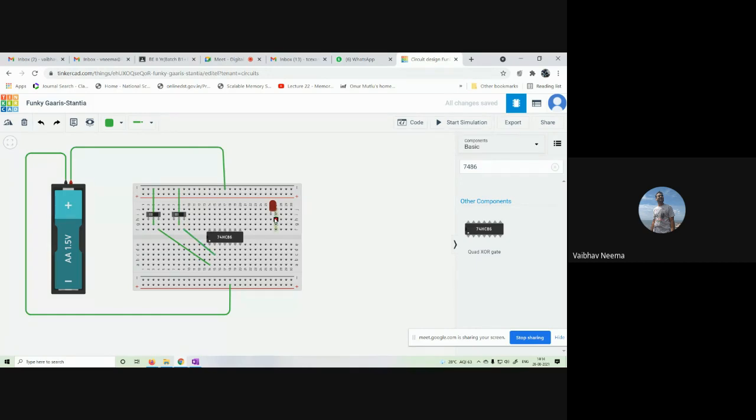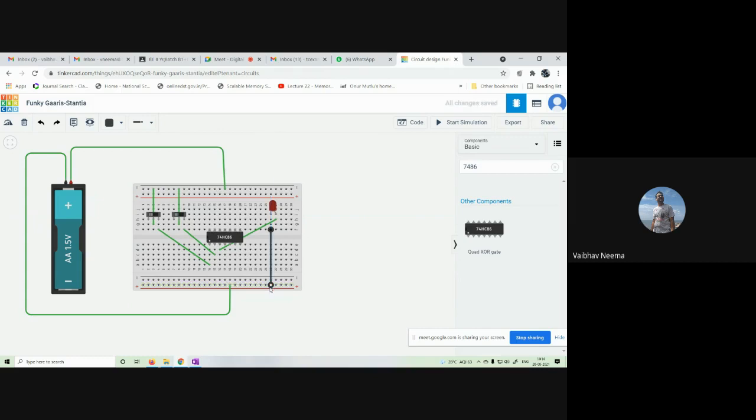Now for the output connection, the output will be generated at pin number 3. So we connect pin number 3, the output of the first XOR gate, with the anode pin of this LED. The cathode pin we connect with the ground, and generally for the ground we use a black wire, so we use a black wire and connect the cathode to the ground.